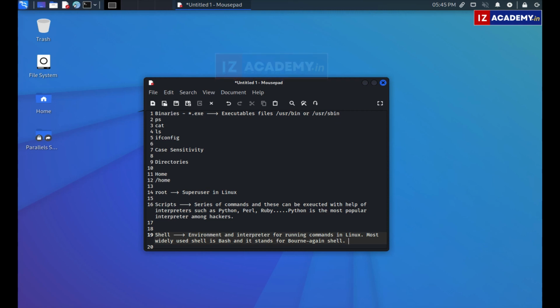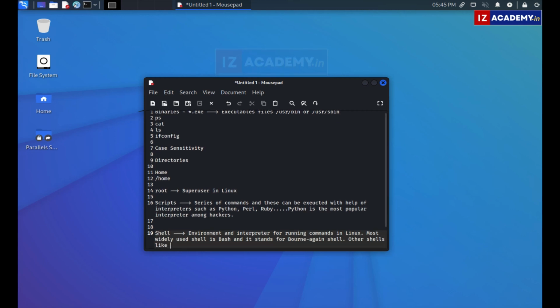Other than this, there are other shells like C shell and Z shell, but we will be using bash throughout our course, which is Linux for white hat hackers.